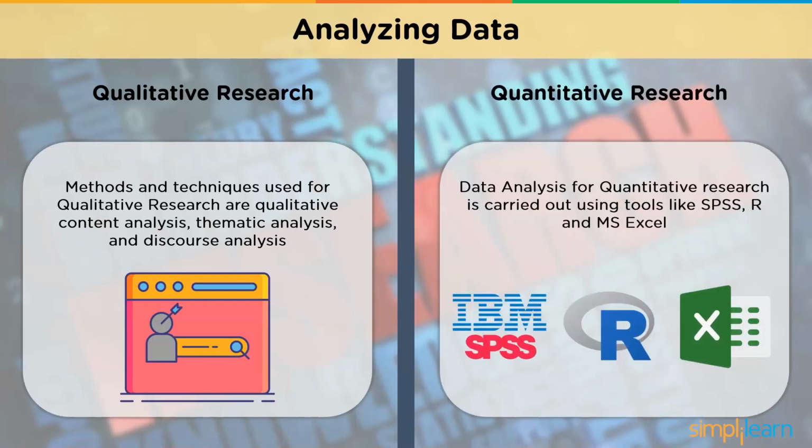But data analysis for quantitative research is carried out using tools like IBM SPSS, R, Microsoft Excel, and others. Simple math or more advanced statistical analysis is used to discover hidden trends and unseen patterns in the data. You can find out the average scores, the number of times a particular answer was given, the correlation or causation between two or more variables, and also confirm the reliability and validity of the results.